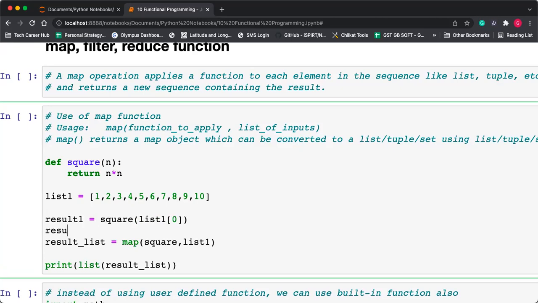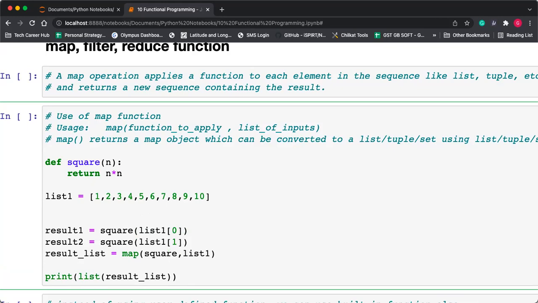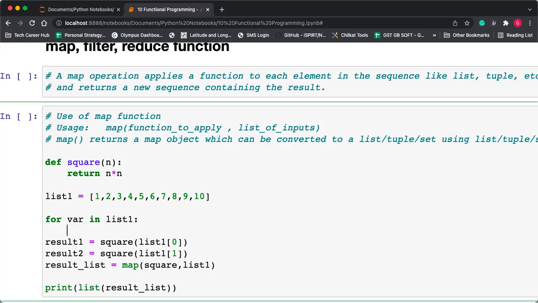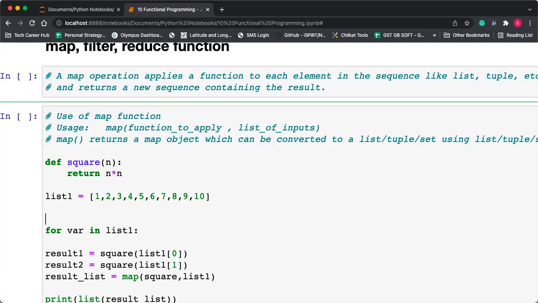Then after that, result 2 is equal to square of list 1 of the 1. So yes, this is the iteration. For this, I can use the for loop. So for var in the list 1, I can create one new list.